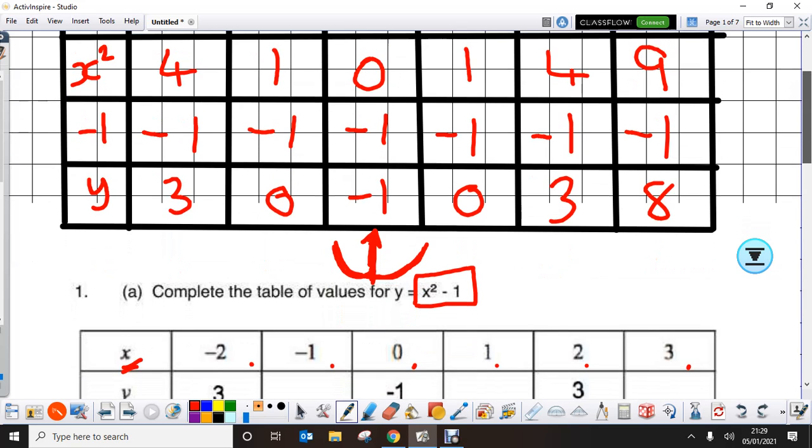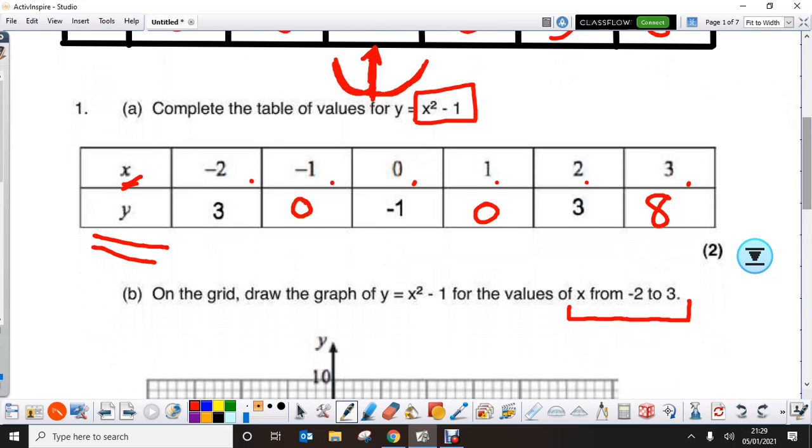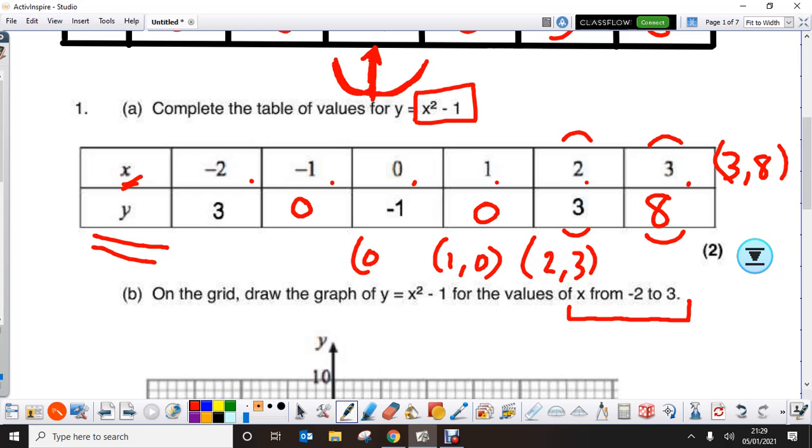So I'm just going to calculate now and put the y coordinates into my grid that we've got here. So that's going to be 3, 0, -1, 0, 3 and 8. Now if you can imagine this as coordinates, I'm going to take from this end, that's my first coordinate. So I've got 3 along the corridor, 8 up the stairs. This is my next coordinate. I've got 2, 3, and so on. I can write the coordinates down. You don't have to write the coordinates down, I'm just doing it so you can see where the coordinates are coming from. The x coordinate is always first,